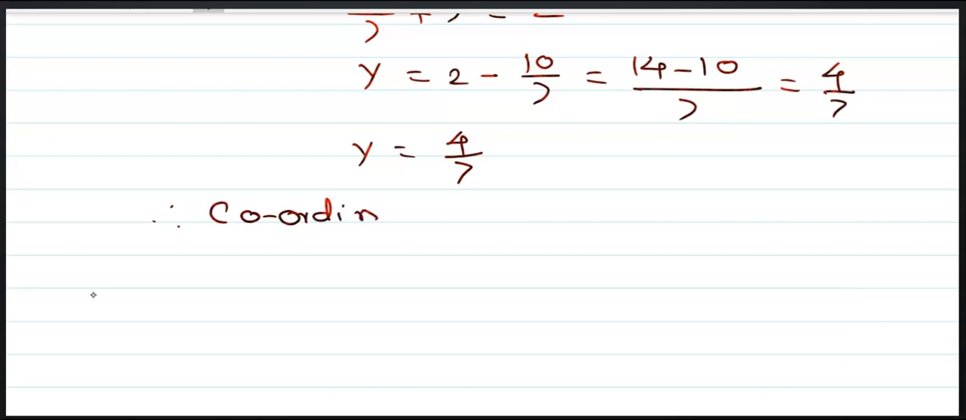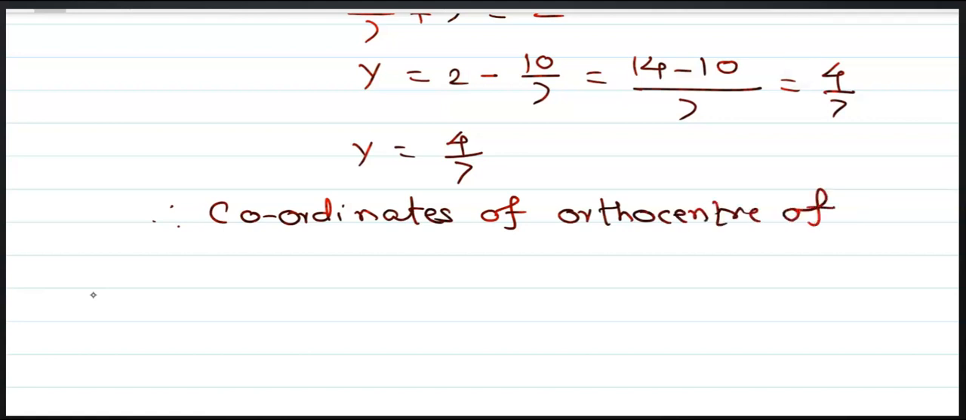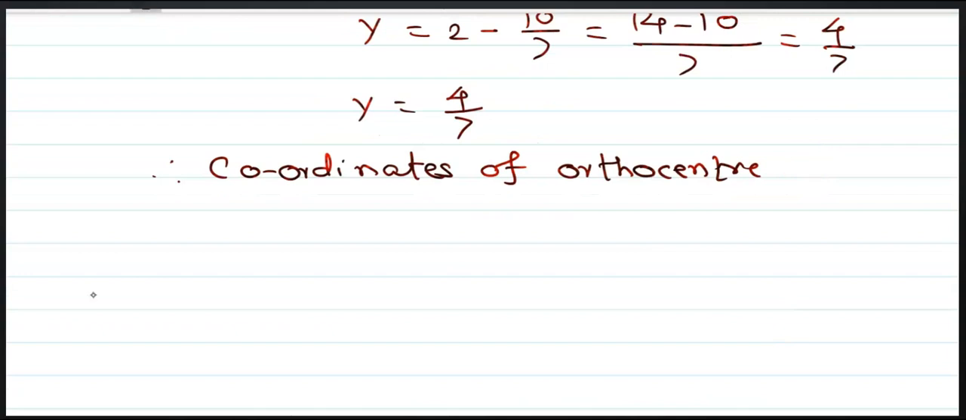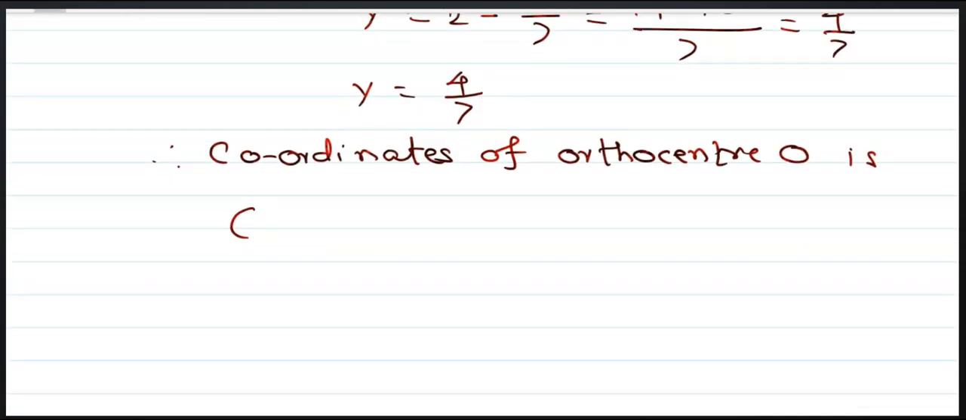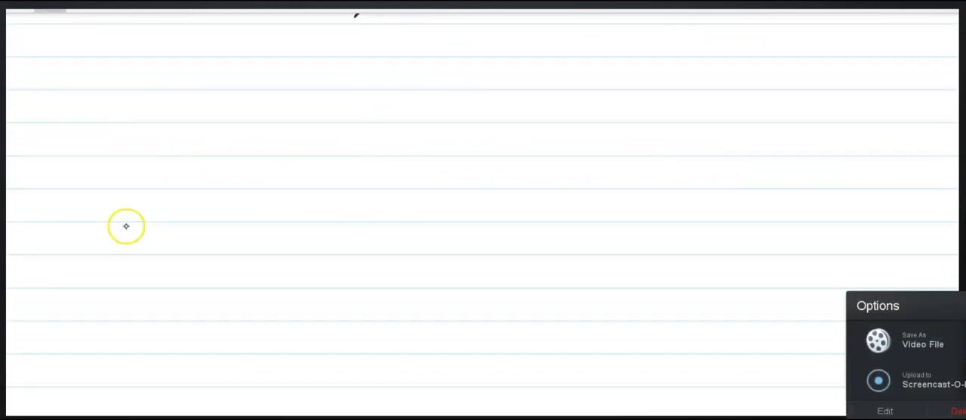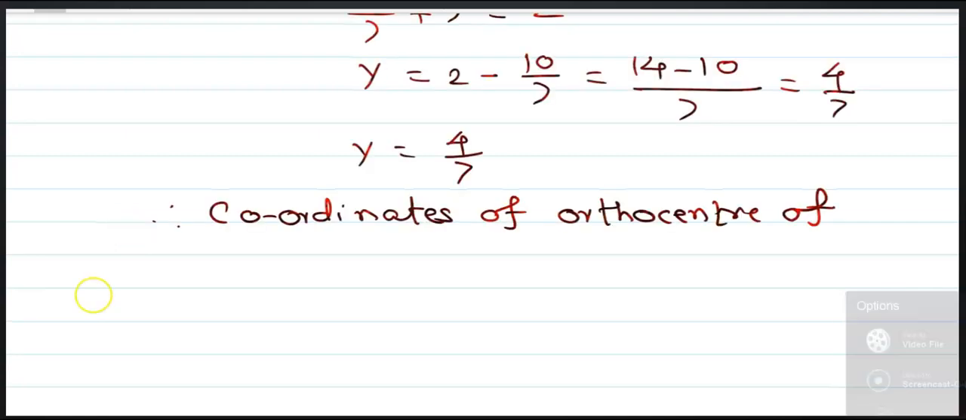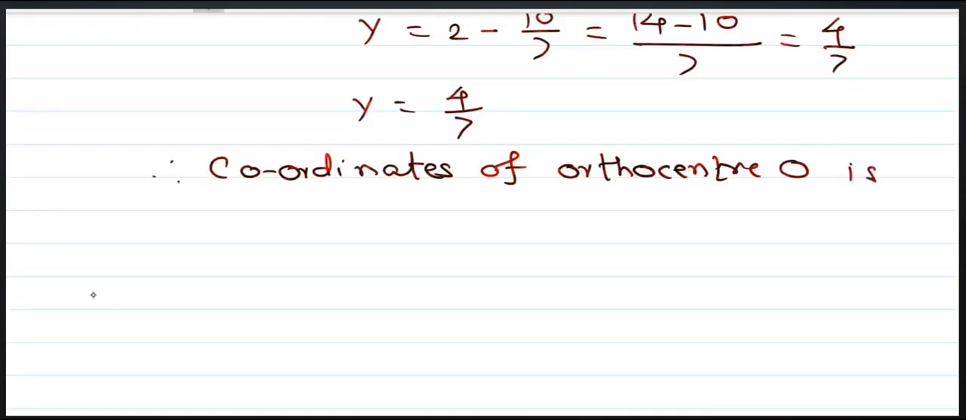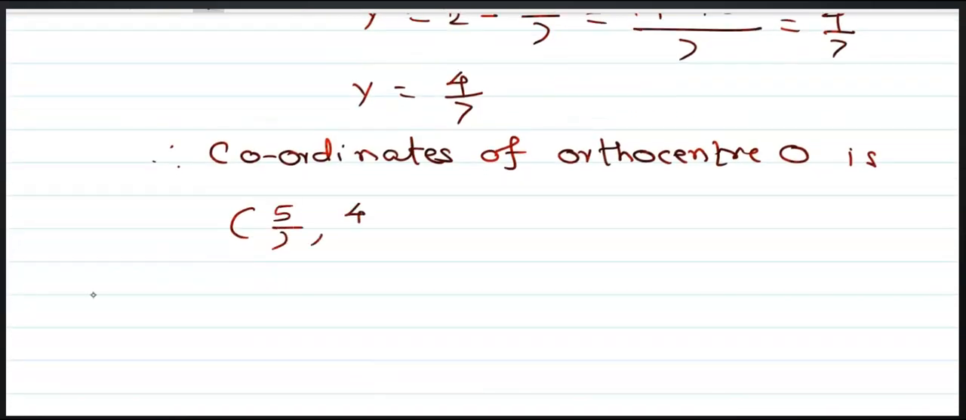You have the coordinates. Therefore, the coordinate of the orthocenter O is 5 by 7, 4 by 7. Coordinate of the orthocenter is, once again I will repeat it. This is the coordinate of the orthocenter. Now next,